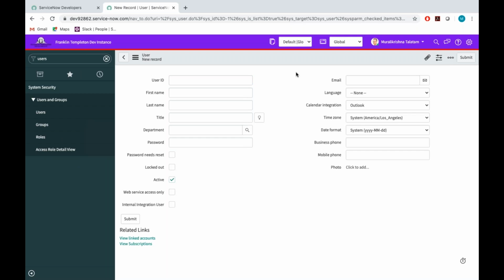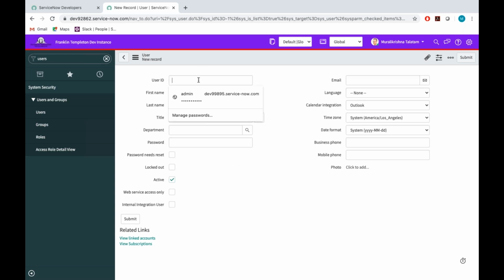Our today's class is email notifications, and we will start with how to send an email or how to receive an email to ServiceNow, and what is the use of email notifications in ServiceNow. We'll see today. Okay. So, for example, today one user is onboarding, so I'm creating one user for him,